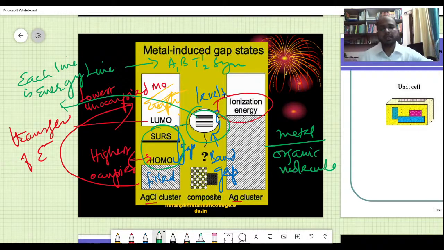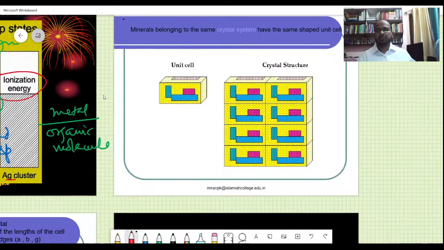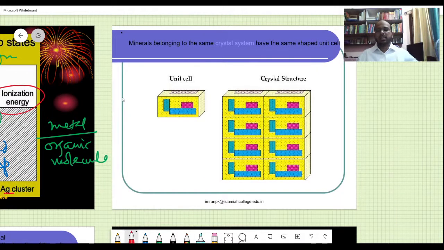If the gap is very small, then you have very good conducting property, and the electron can jump from this place to this place very easily. If the gap is very large, it cannot jump, it will require more heat. Okay, that is actually the band theory of the conductor. And this diagram has to go for, remember, every crystal and every metal. The crystal can be an inorganic crystal or an organic crystal. Look at how the crystal is described. This is your molecule there. This is the entire molecule.